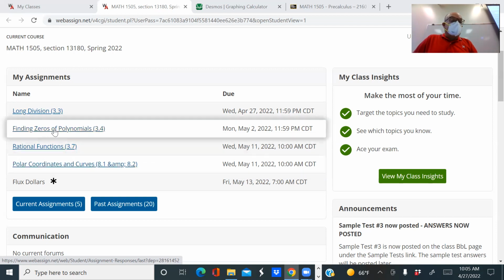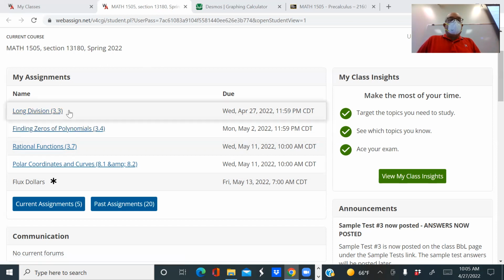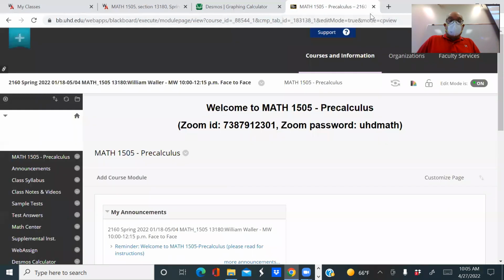So I know there are some questions on this homework, finding zeros of polynomials. So I'm going to talk about a couple of those questions, but I have some examples in the notes first, which are probably similar to the questions you have on this homework. So before we look at that homework, I want to look at those examples. However, before any of that, let me mention again that the sample test